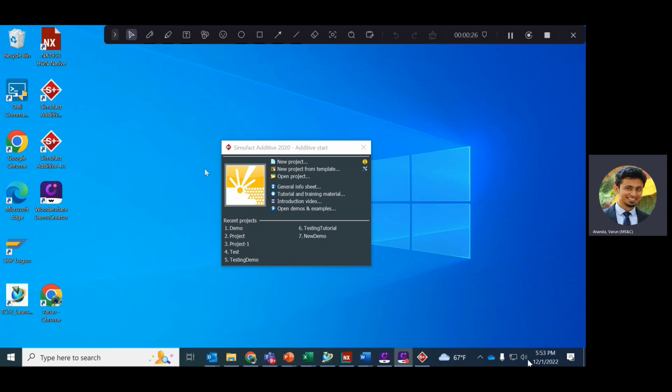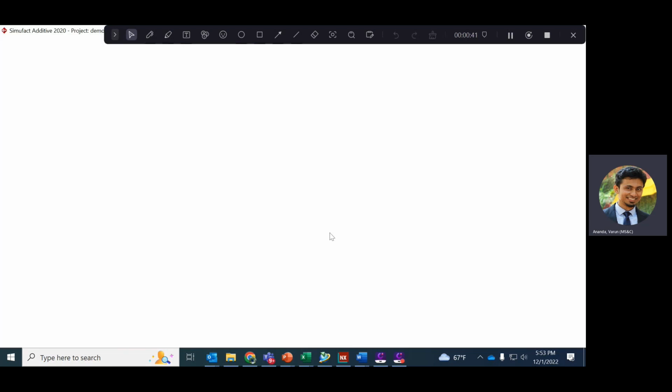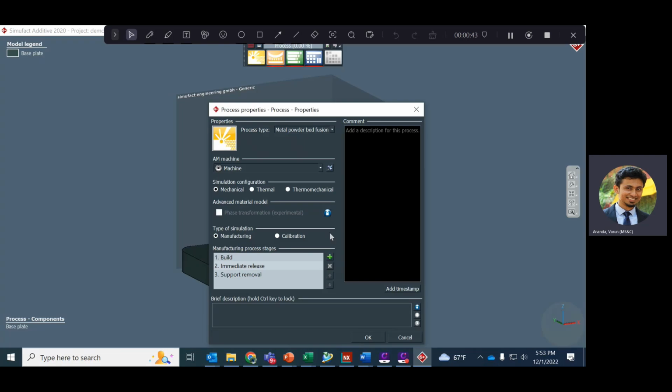So this is the initial launch page, where we can select a new project or open existing projects. For this demo purpose, we'll have a new project. And I'll hit OK. So this is the introduction page where we have to select the type of process, and then the machines, and then the type of simulation that we want to run, and also the process